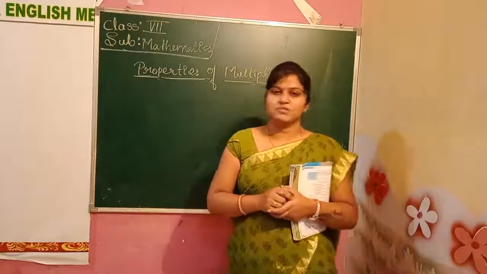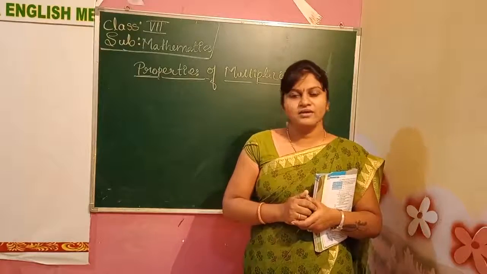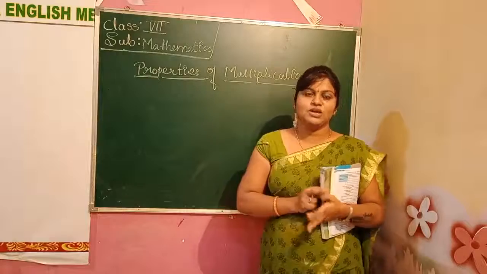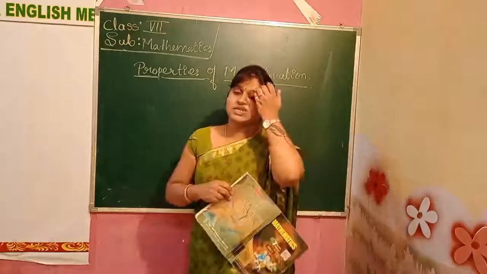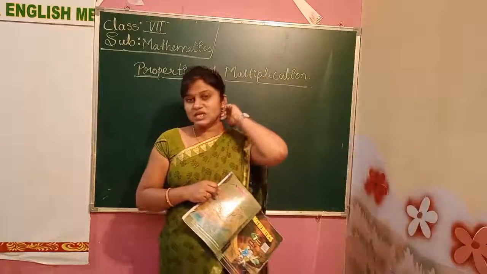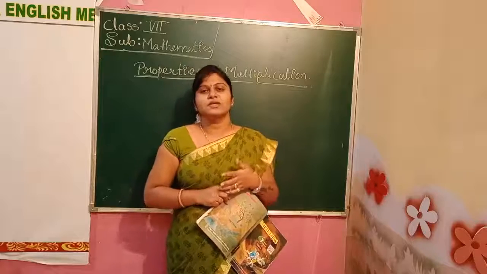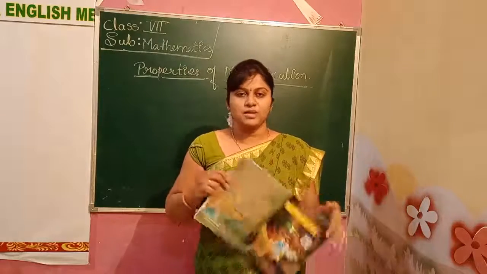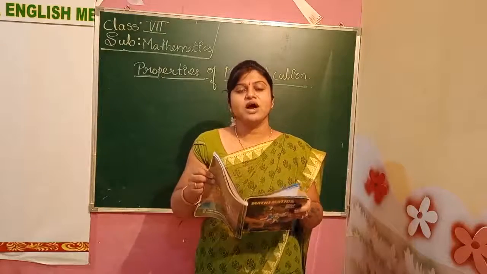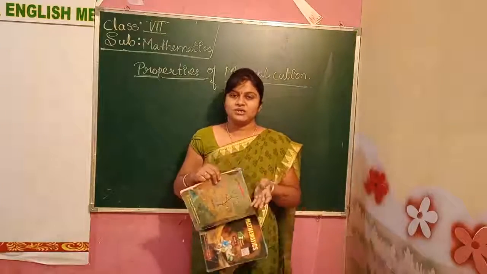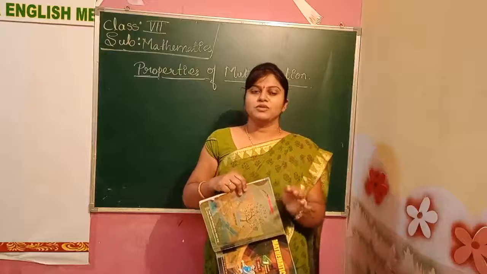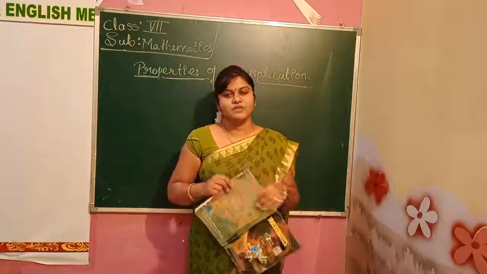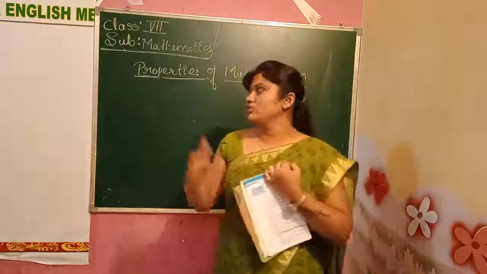We completed the properties of addition and subtraction and the sums on them. Now we'll move on to multiplication. In the last class we did multiplication, how to solve the sums and the procedures, step by step with different methods. We covered how to multiply negative integers, how to multiply positive integers, and how to multiply a mix of both. Now we'll move on to the properties.